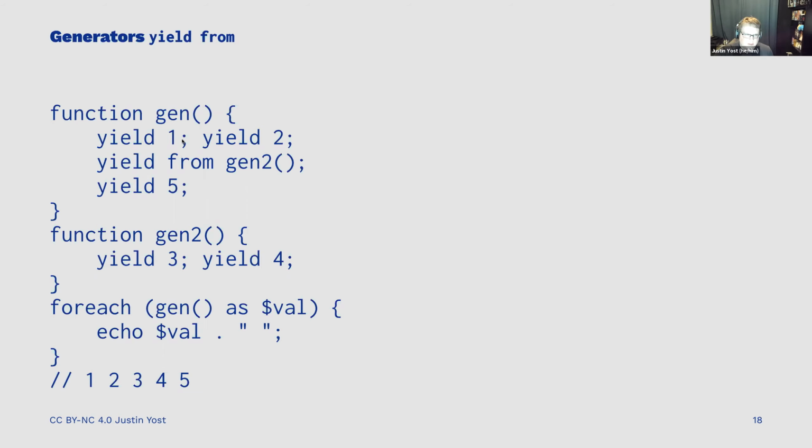go into gen, yield 1, pause, come back to here, 1 is now val. We loop around, we echo 1 and then an empty space, come back around, we call gen. Pause here, enter into yield, finish that line. At that semicolon, we unpause here, restart this, we yield 2, pause. 2 is now val. We loop around, we echo 2, empty space, come back around, call gen. This foreach pauses, go back in, we restart from the end of this semicolon,